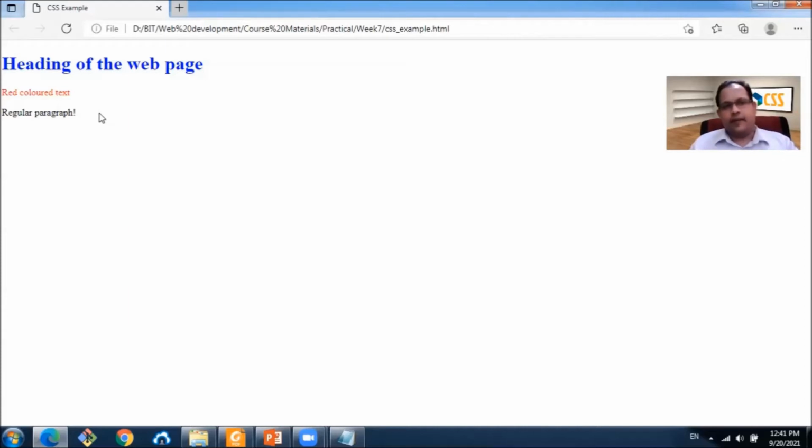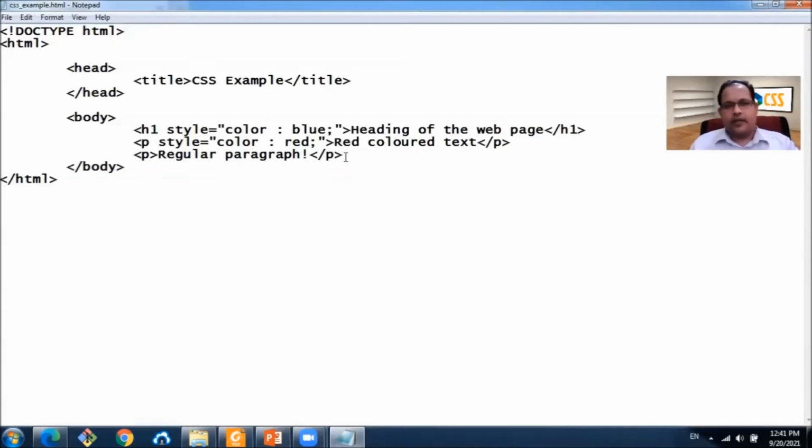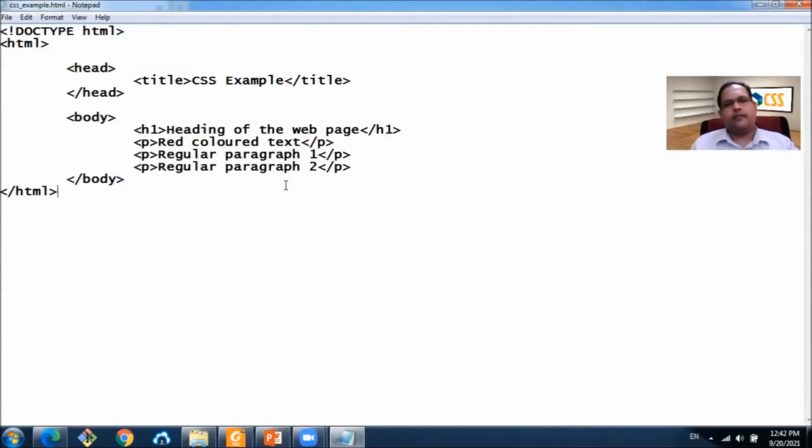It's quite simple. To demonstrate the function, I will create another paragraph. And we change this to regular paragraph 1, and the new one is regular paragraph 2. Right? Now we have the header and 3 paragraphs.